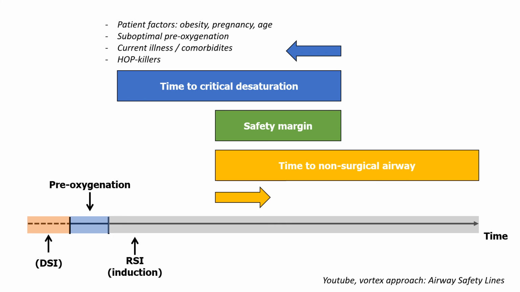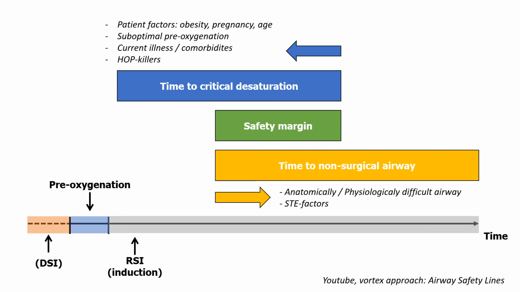So this is one of the main slides in the risk assessment. This is really important, and why we should always have plan A, B, and C, and should not fiddle around with stuff until the sats are really low. We should get moving, and have a plan before, and apply that plan before it gets too late. So that's a little prelude to the Vortex Approach. Okay.